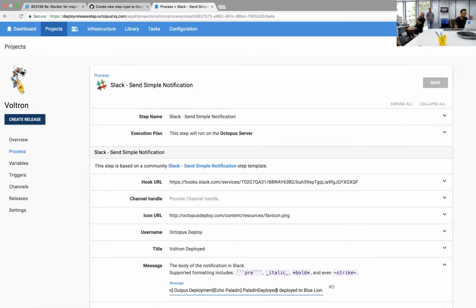That wasn't the greatest bit of demoware, but the fact is you can do it, and it fits very nicely with everything else in Octopus, the way output variables work. So I think it's a pretty nice fit. And then on the dashboard,